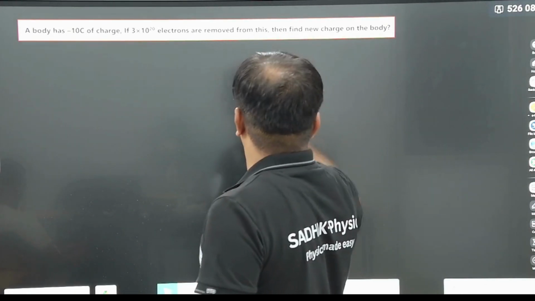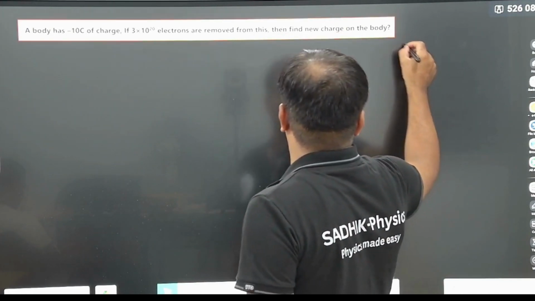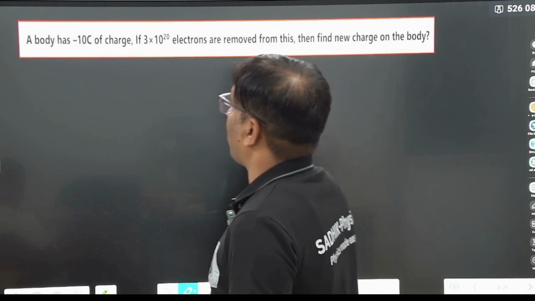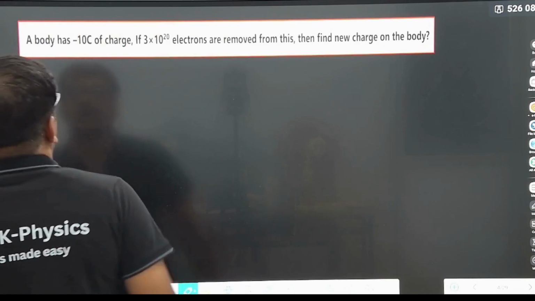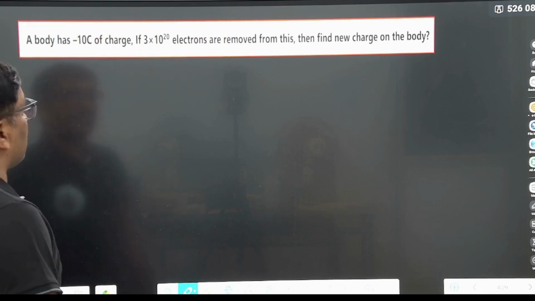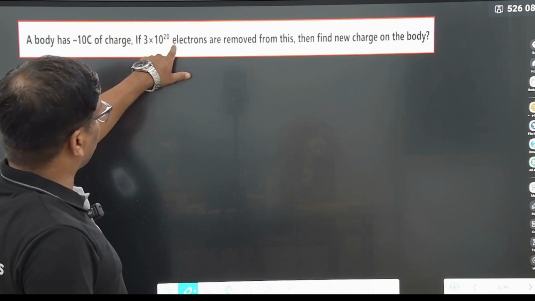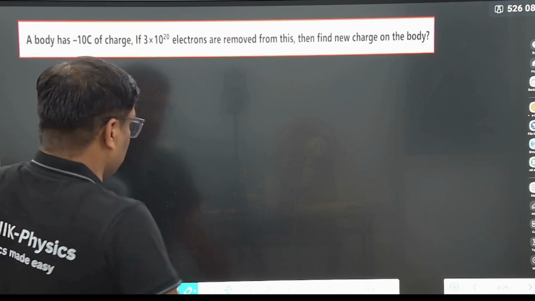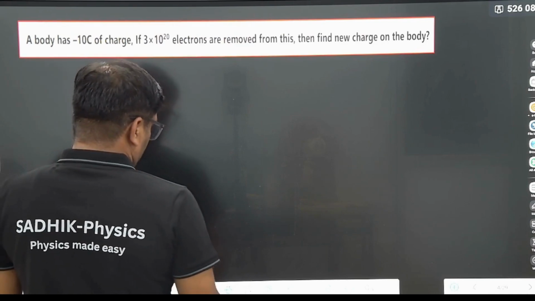One more question here. A body has minus 10 coulomb of charge. If 3 into 10 to the power of 20 electrons are removed from this body, then find the new charge. See,